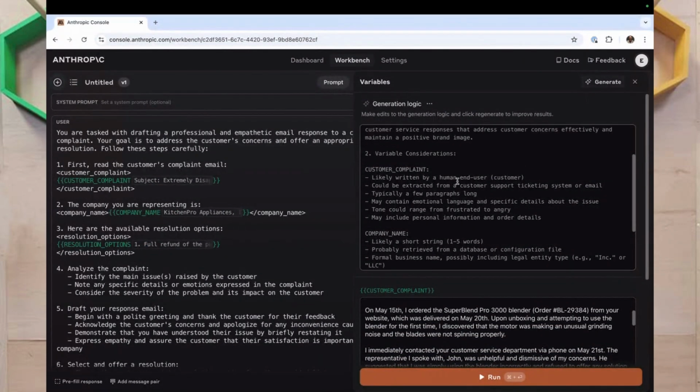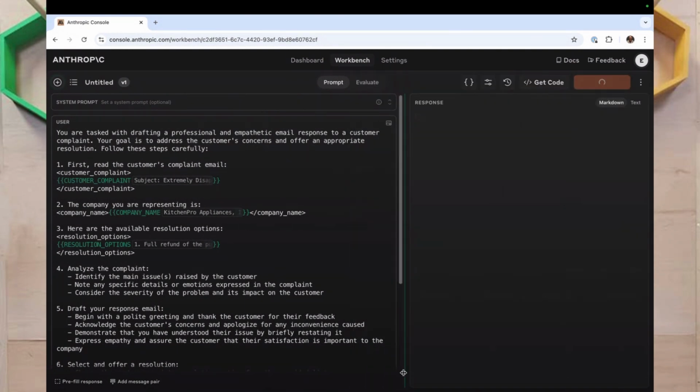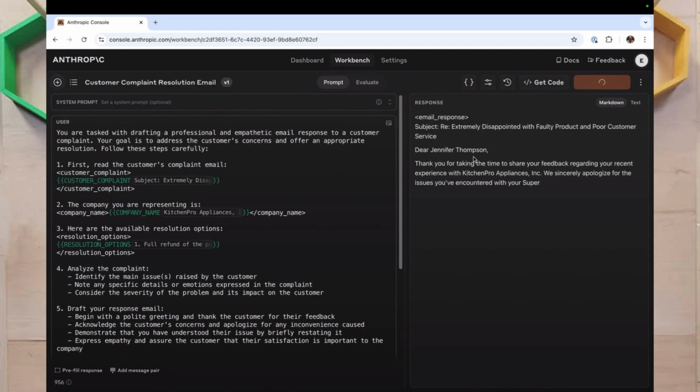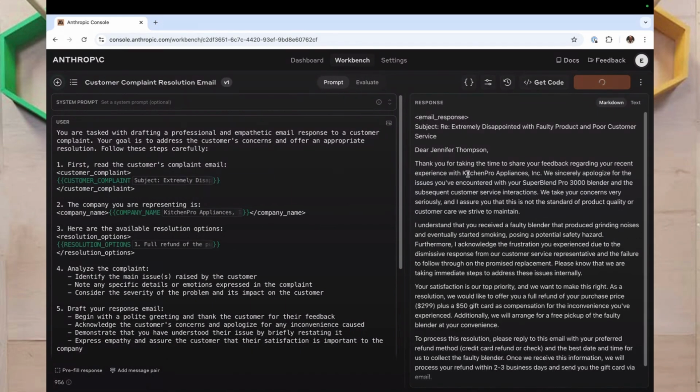It's now going to fill in the blanks here. I can actually see the logic that it's using under the hood for generating these examples. So the goal here is to start with something, build for yourself a workbench where you can actually start putting in some dummy data and seeing what you get back. In this response, we're going to see an example of this email,